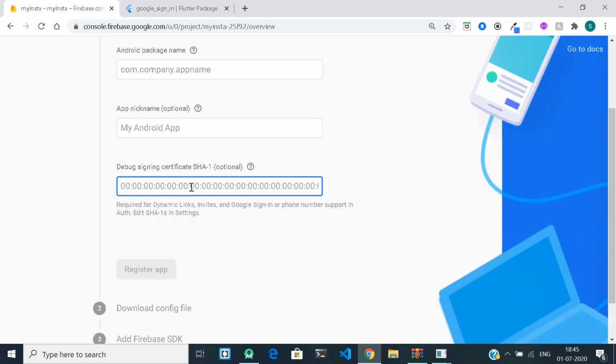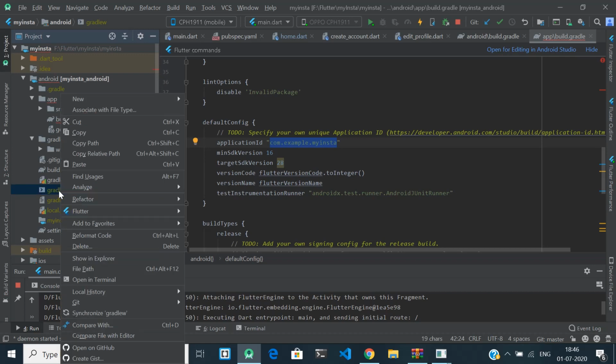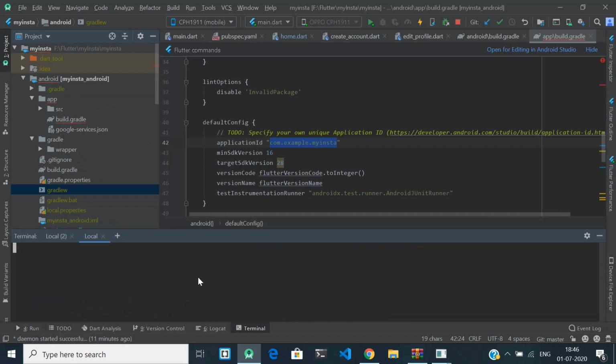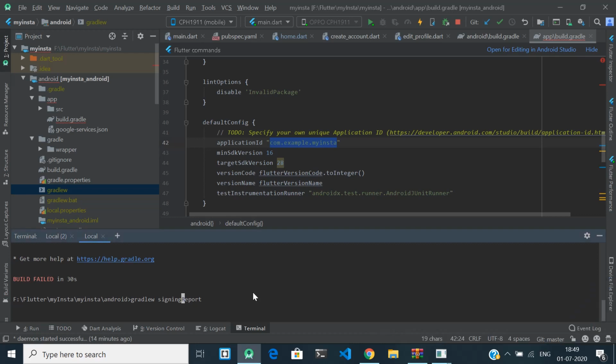Then you have to get the SHA1 certificate. If you are using Android Studio, then go to Gradle W, right click, and then open in terminal. You have to write Gradle W signing report, and after that press enter.